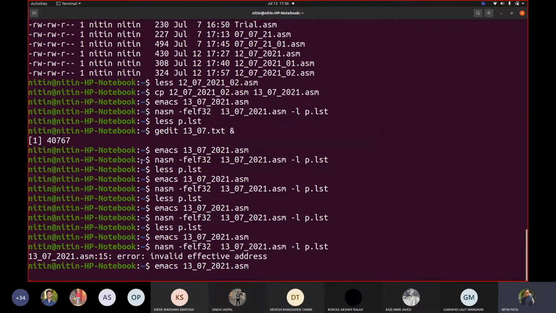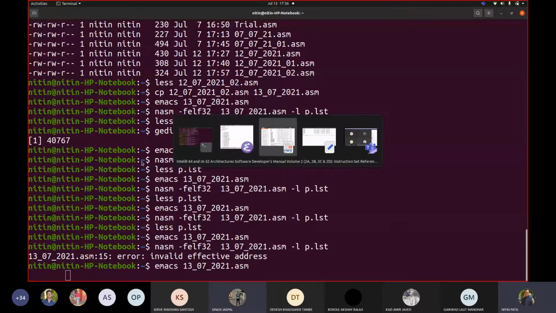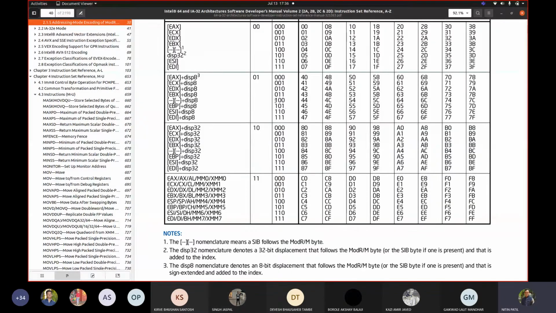I gave you some hints with respect to the PDF that is available here, where we wanted the numbers starting from 44 to 7C. I want you to write some code which would give me this part: 44, 4C, 54, 5C, and so on. Try doing it if you can, but ultimately we could see that we could generate A0.